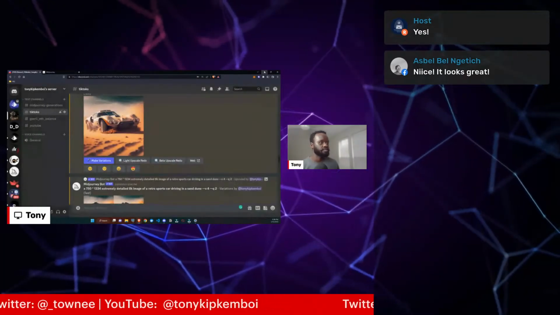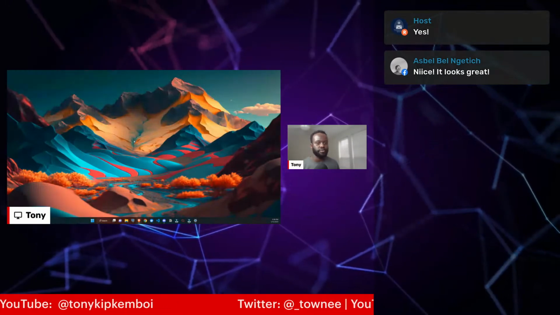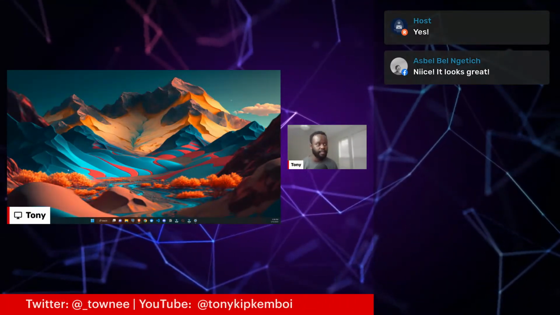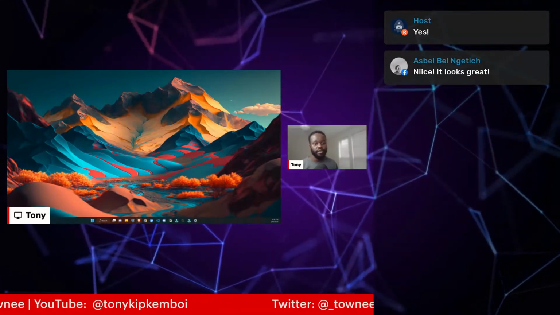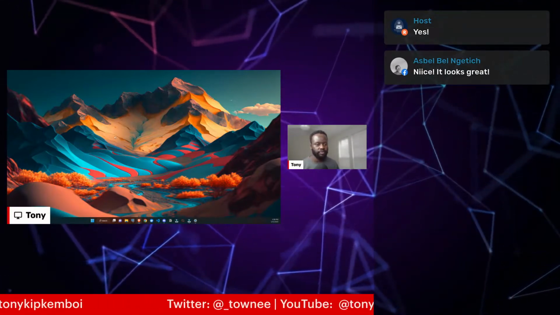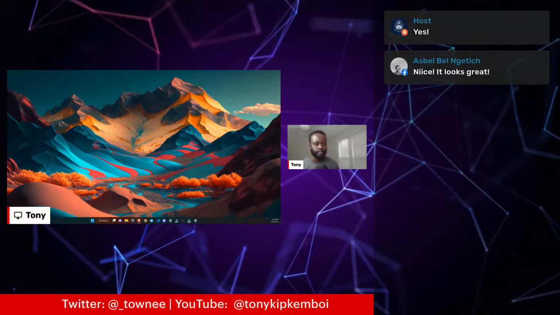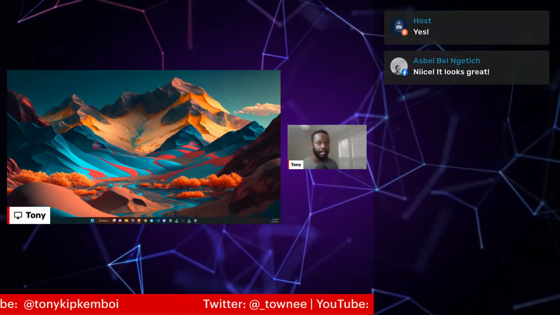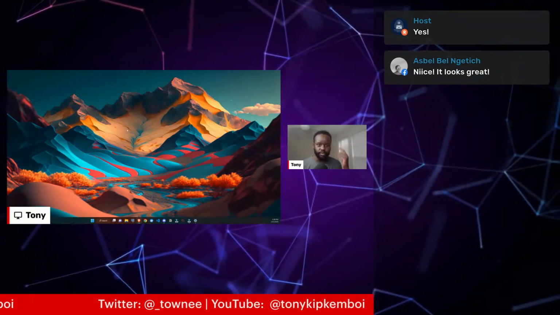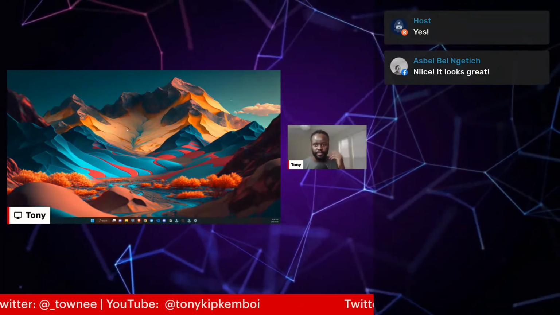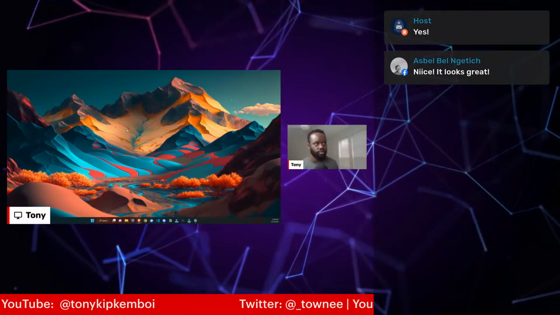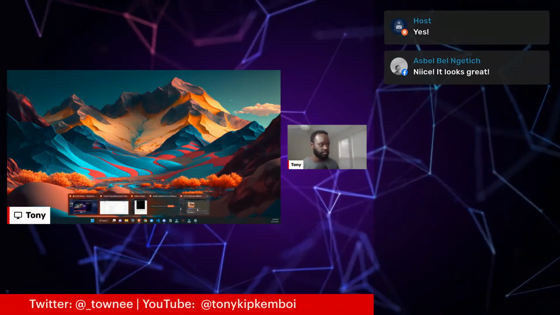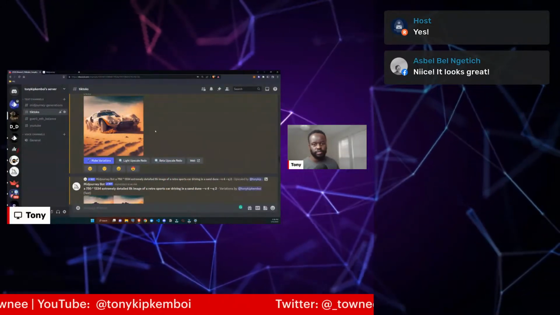For example, if you want to see my laptop, this one was generated by that AI. I just use it as my background for my laptop, and you can literally generate any idea you have in your mind. Think of anything that you want to generate, type it in. It's going to generate something of this sort, right? So that's just what I'll be going through today. I'm going to be demonstrating how you can do this